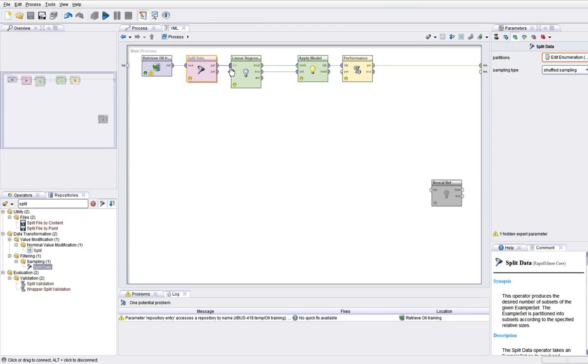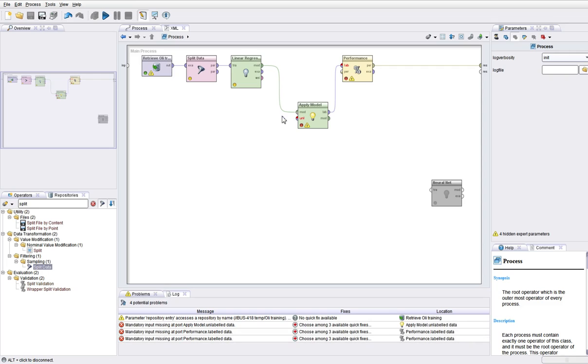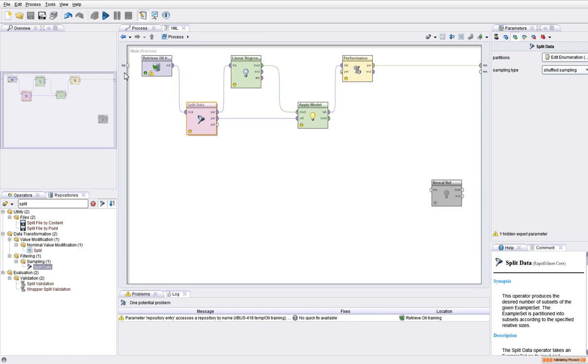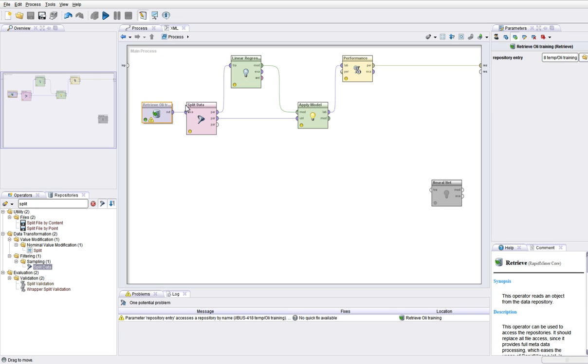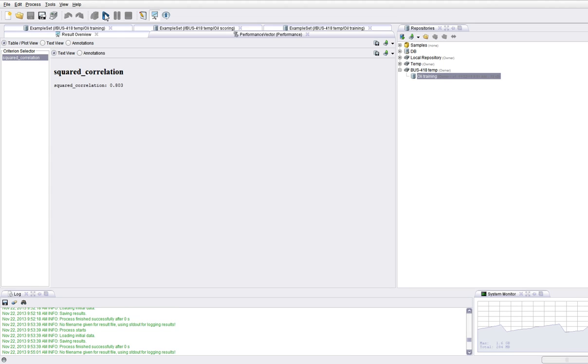So the first half of the sample now goes to train the model, and we can take the second half of the sample to evaluate the model. So now the first half is used to train the linear regression model. The second half is actually used to apply the linear regression and see how it performs. The new R square is slightly lower, it's 80%, but still quite high, so the linear regression model is very